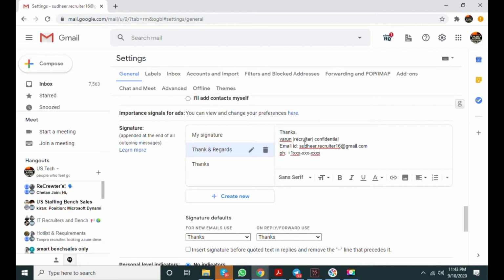It's your number, and if you have any Hangout ID as well as your LinkedIn account, you can paste here your LinkedIn details. That would be enough. Once you're done here,